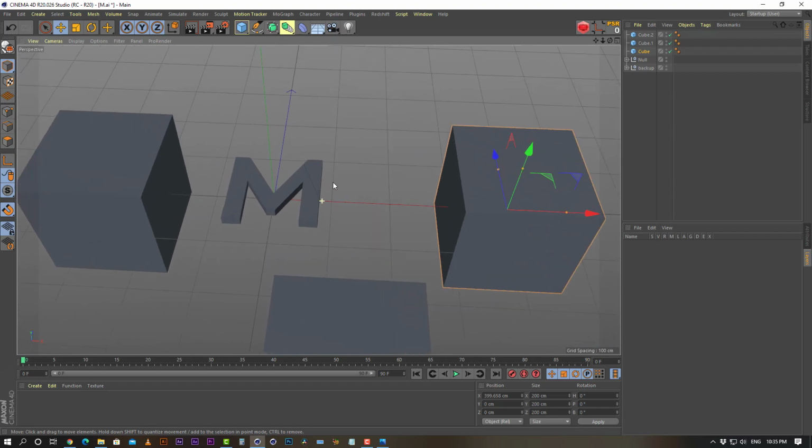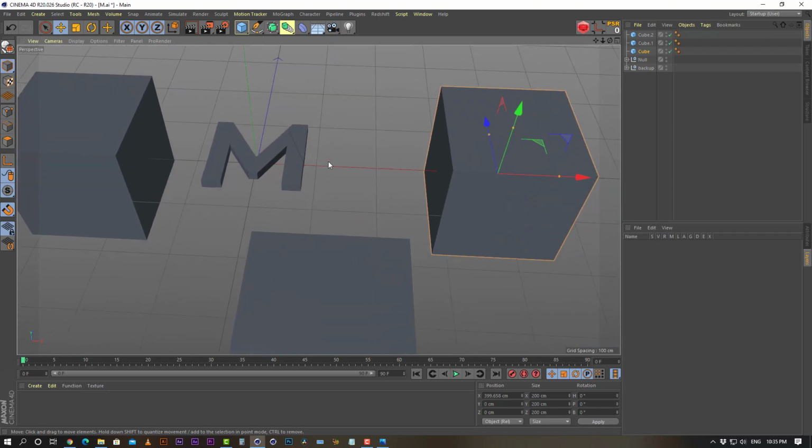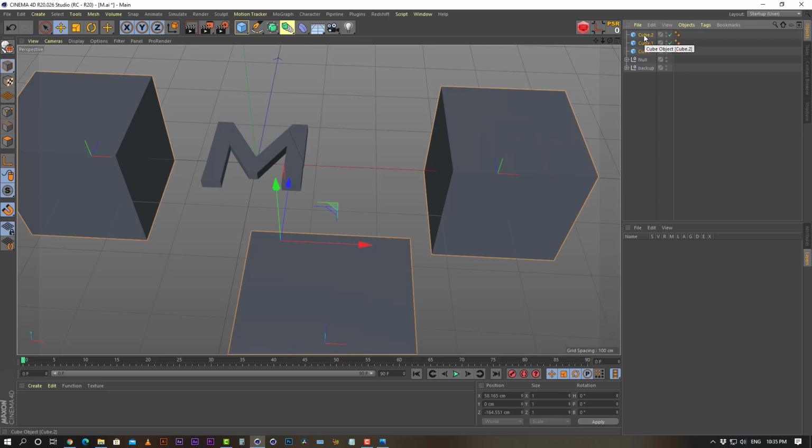So what you can do, one thing: make sure you group, or whatever you want, or each element separately. Just select it and go to your layer, file, new layer from